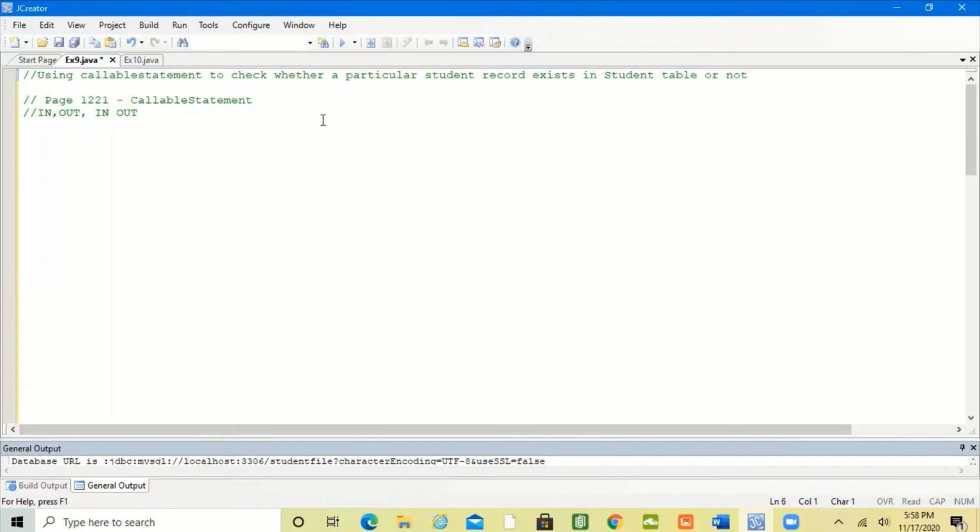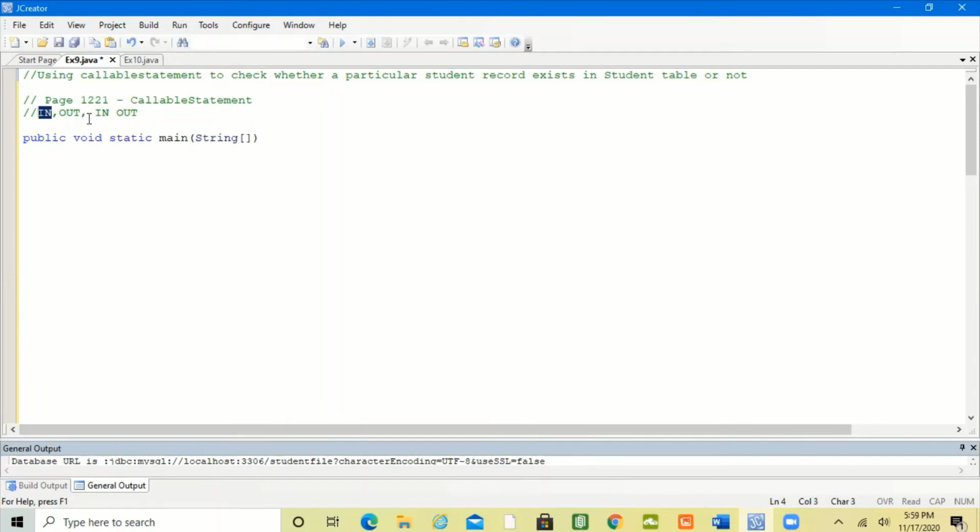Now let's look into an example. When you write a method in Java, we say public static void main, for example, and inside you give a parameter like a string array. You pass a value when the method is called, so that is the IN parameter.